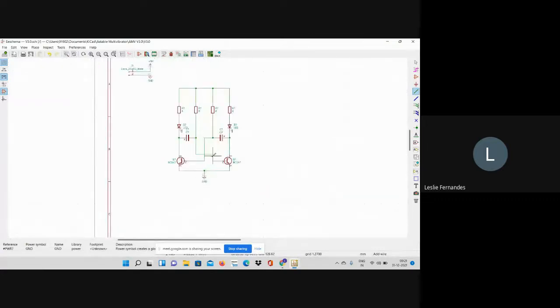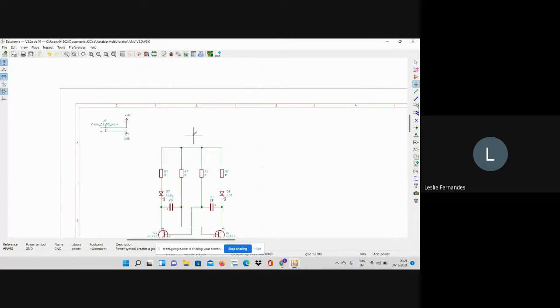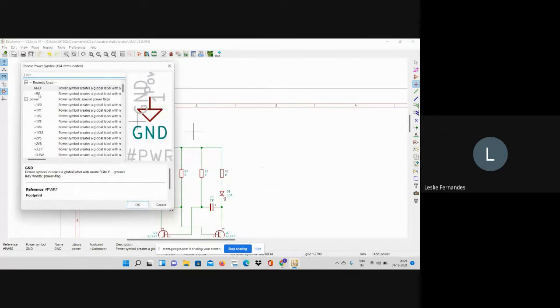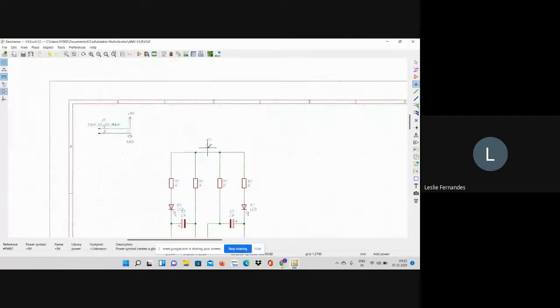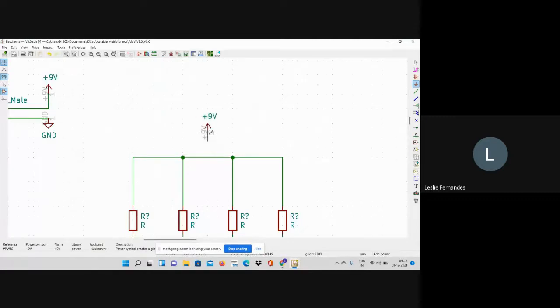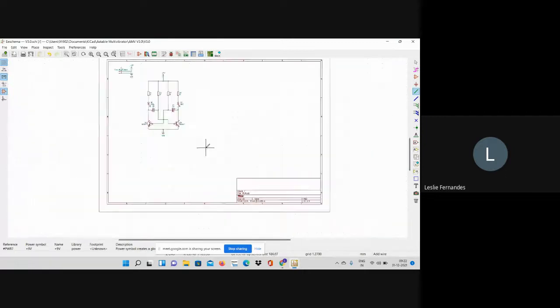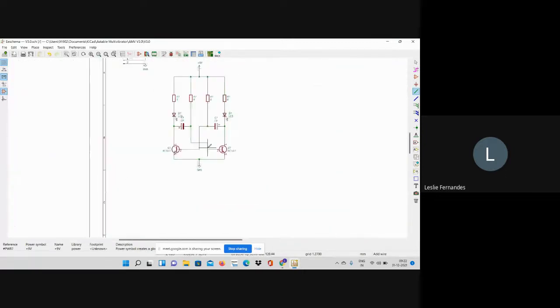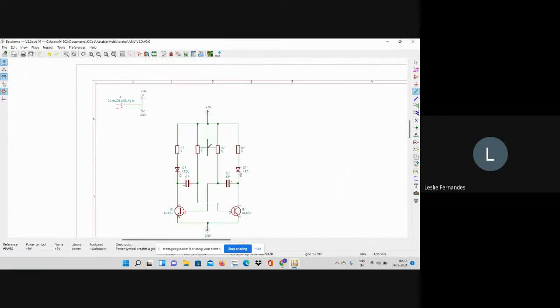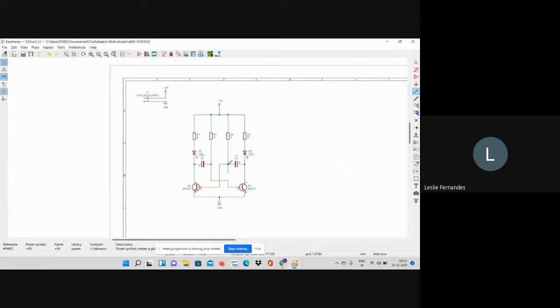I've placed a ground label, or port, over here, and also I'll place one 9-volt port over here. So wherever I give this port or label, it is connected. It means this point and this point are connected, and the ground label means this point and this point are connected. So we have finished our first part, that is creating a schematic.